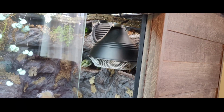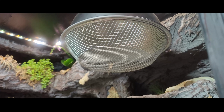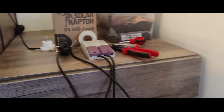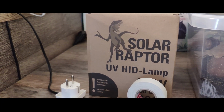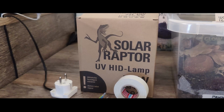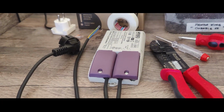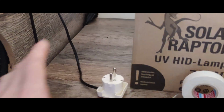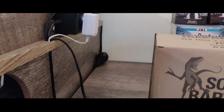The hotspot of the terrarium finally burnt out, the Exoterra Sun Glow, after 7 months. So it's time to upgrade to a Solar Raptor. But since these are not self-ballasted like the Exoterra Sun Glows, I need to install a ballast along the wire. This was the old hotspot cable that goes into my Habistat thermostat. We're gonna take this out